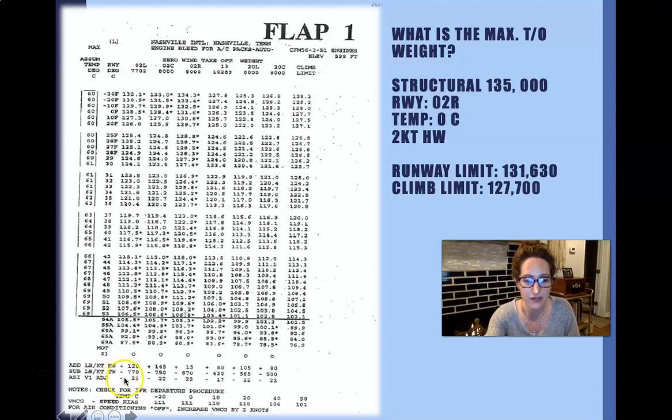So I want you guys to see here that it's a subtraction, and you don't add zeros, and it's not in pounds. Your V1 speed is in what unit? It's in knots. So let's say our V1 speed for takeoff was 125 knots. Yeah, it says 125 knots. Runway 02 right, our anti-skid's inoperative, then we're going to take 125 and we're going to subtract 22 knots from it. It's very important we have an accurate V1 correction, guys,